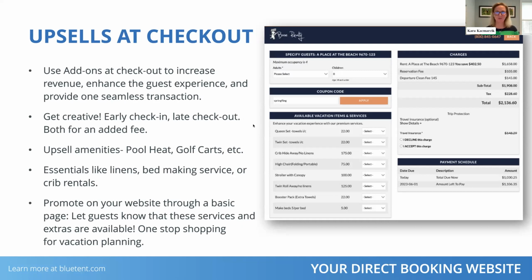Awesome. It looks like we have a question before we get into automations. David asked, is there a way to delete a property and then add it as new again? I'd probably want to understand why. You should be able to make all your changes in the live PMS environment, meaning availability, rates, images, etc. So I'm pretty sure you can, but